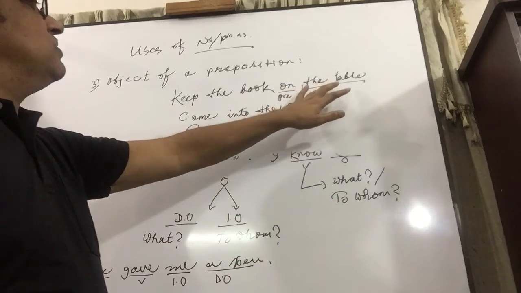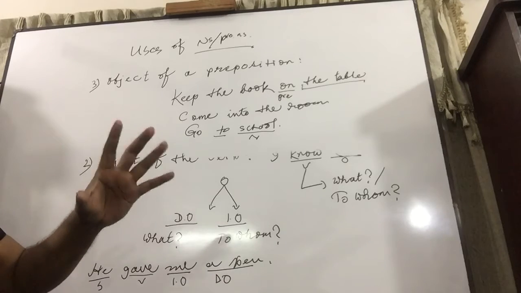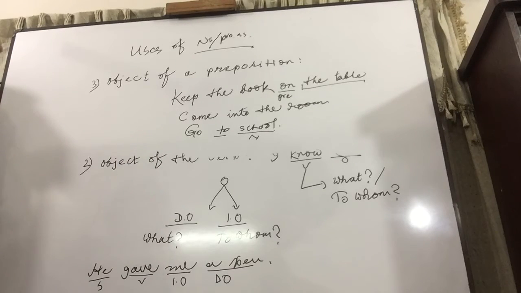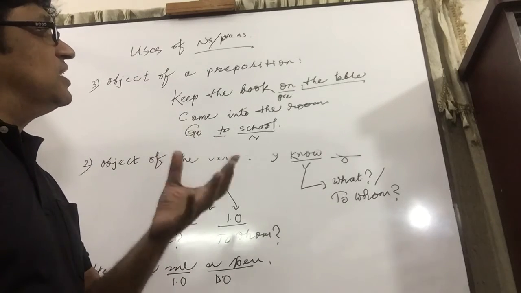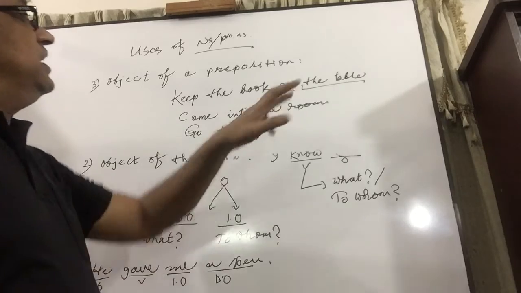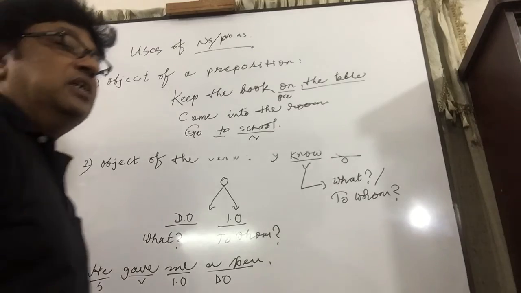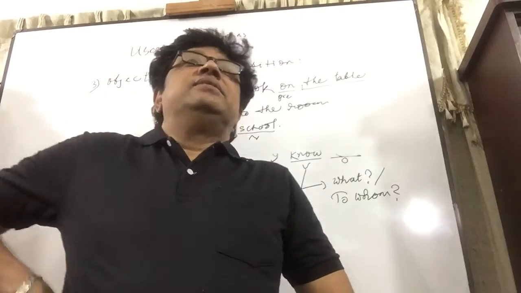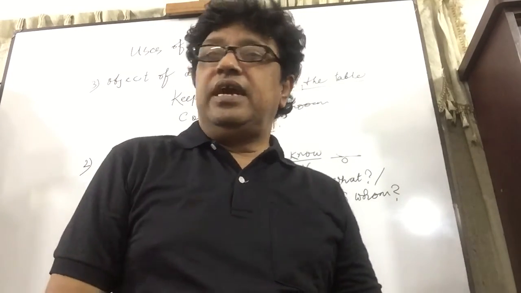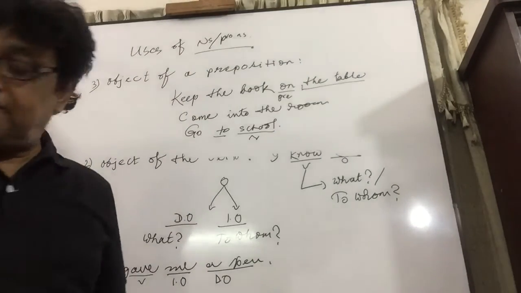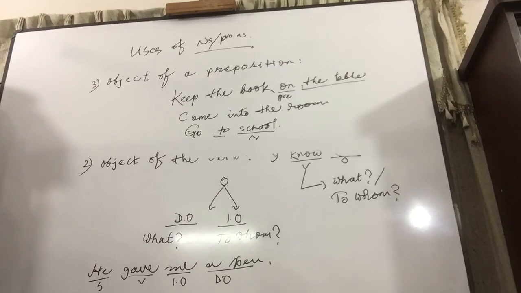Then it is a phrase because when more than one word combines together to perform as a simple part of speech, or a single part of speech, then it is called a phrase. And a phrase doesn't have any finite verb. A finite verb is one that has tense distinction. There may be any non-finite verb that doesn't have any tense distinction. Non-finite verbs are of three kinds: infinitive, participle, and gerund, which you will learn in the next class.